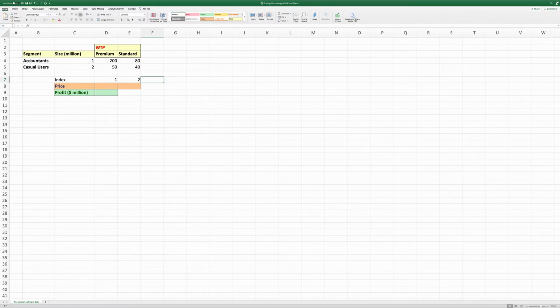Two market segments exist, accountants and casual users. There are 1 million accountants and 2 million casual users. The willingness to pay for the two different versions of the accounting software, Premium and Standard, are in this area. Given this information, our goal is to find out the optimal prices to offer in the marketplace in order to